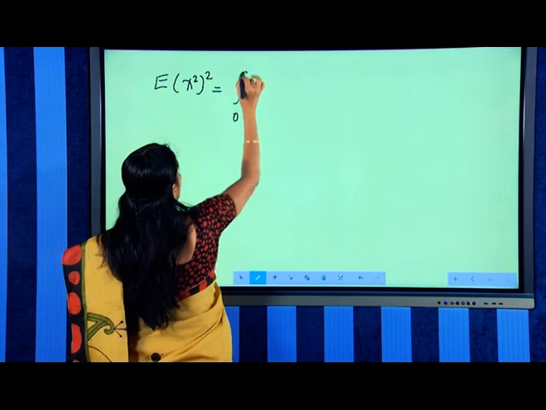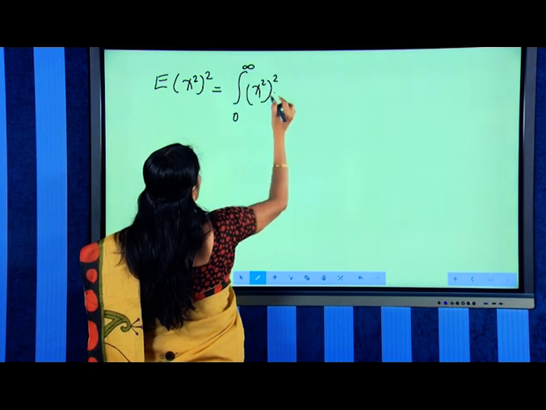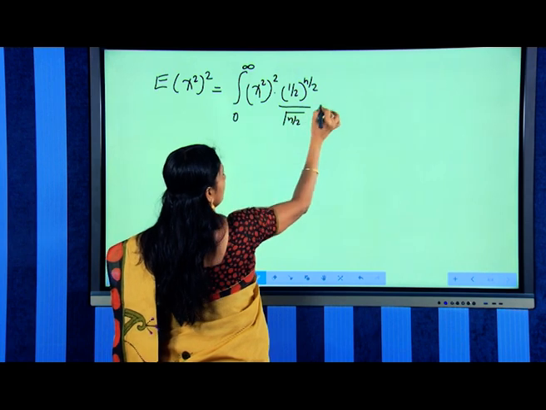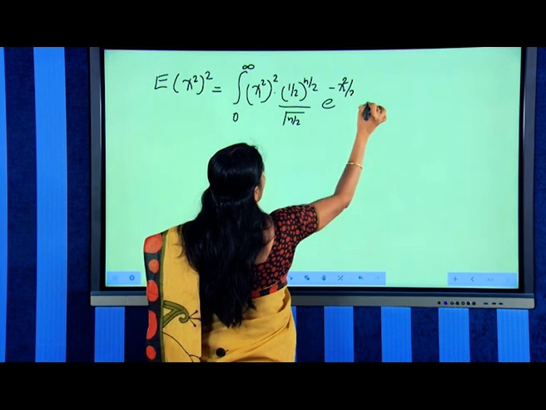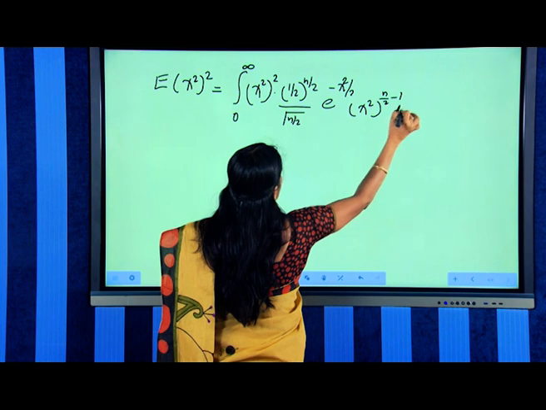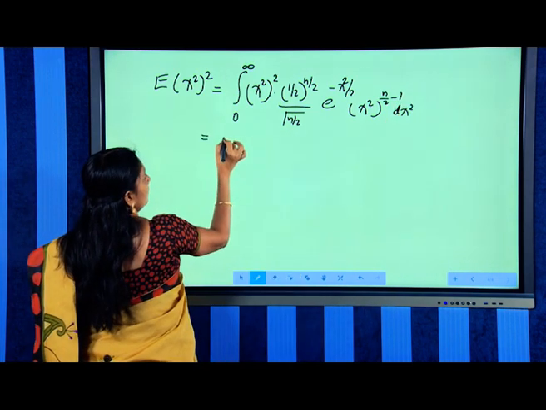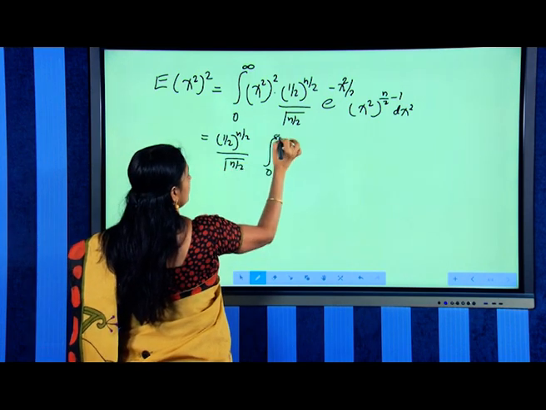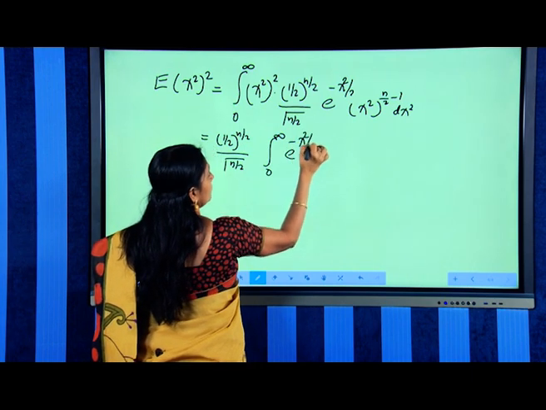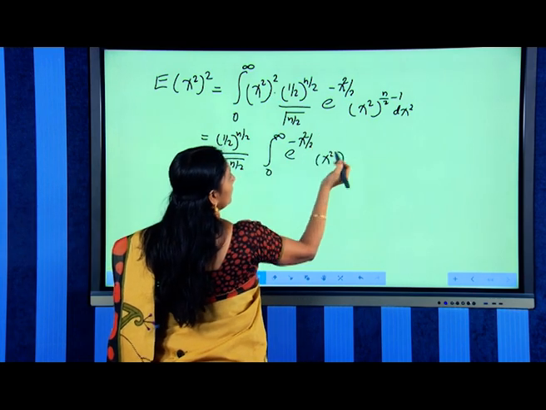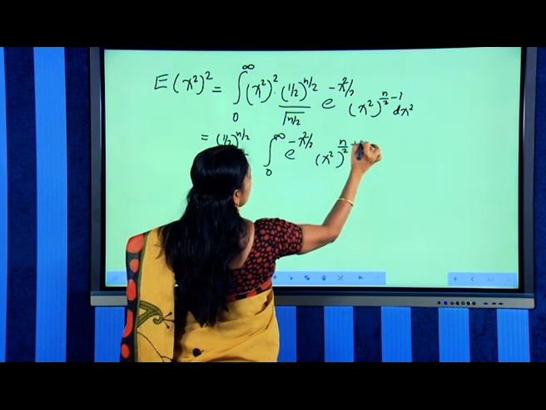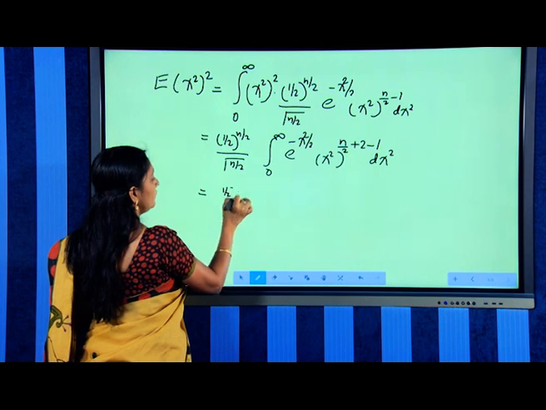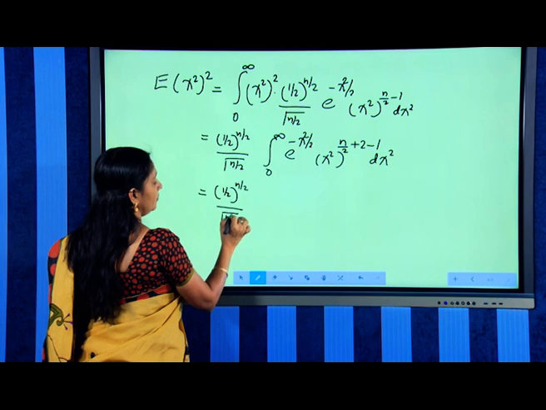It is equal to integral 0 to infinity chi square square into the density function, that is 1 by 2 to the power n by 2 divided by gamma n by 2 e raised to minus chi square by 2 chi square raised to n by 2 minus 1 d chi square, that is equal to 1 by 2 to the power n by 2 divided by gamma n by 2 integral 0 to infinity e raised to minus chi square by 2 into chi square raised to, combining these two terms, n by 2 plus 2 minus 1 d chi square,